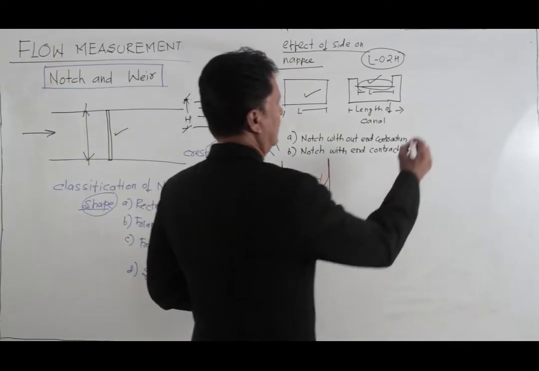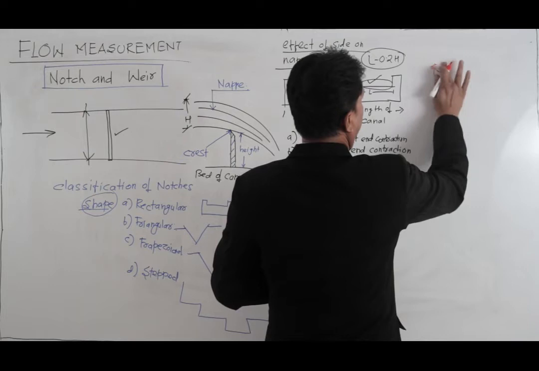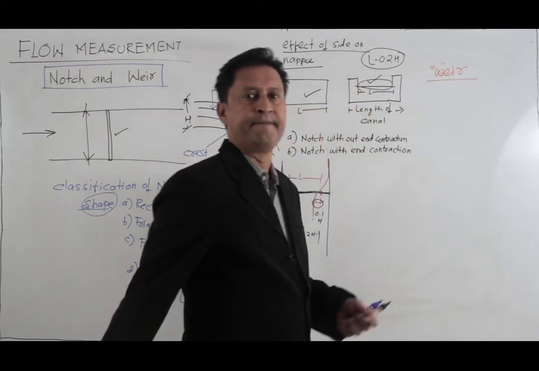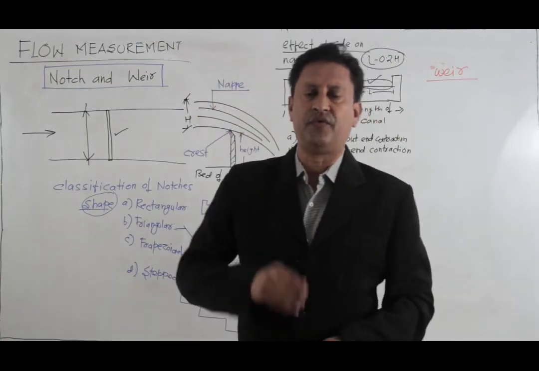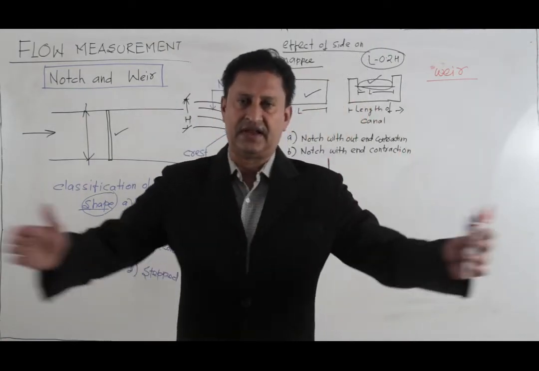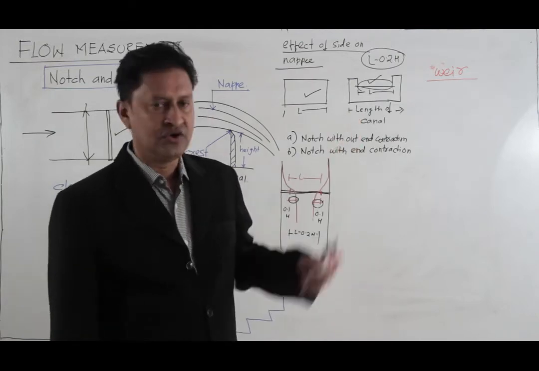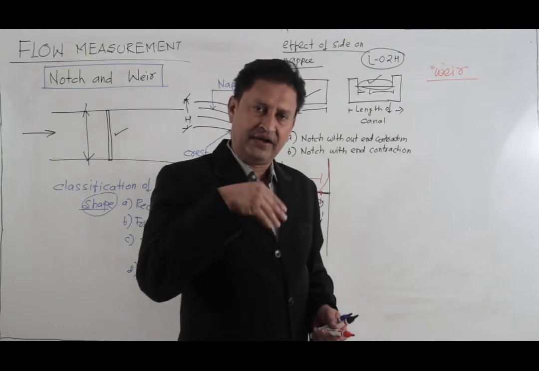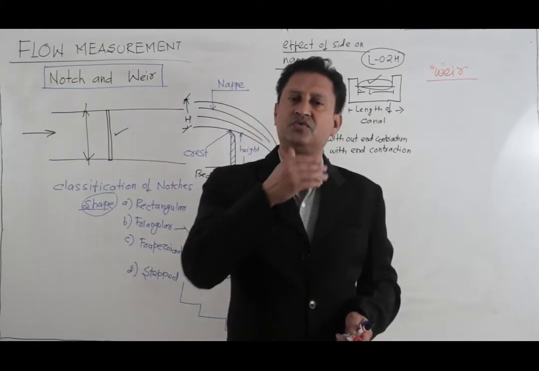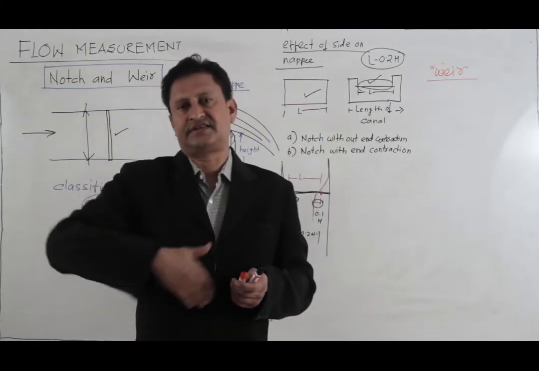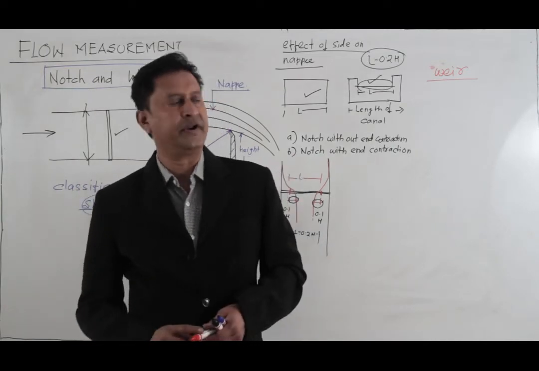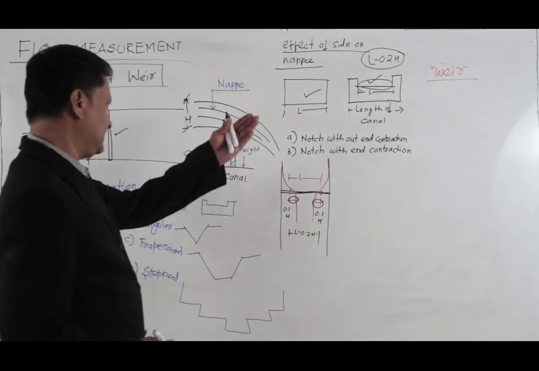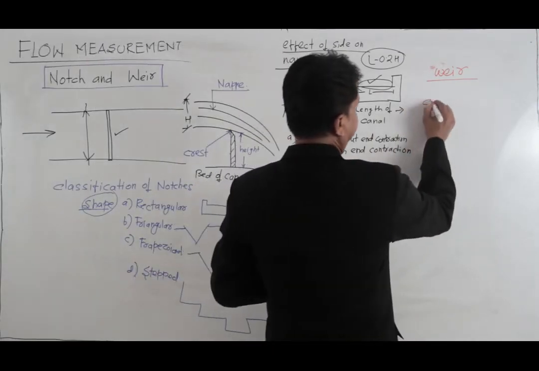Then we'll come back to the next flow measuring device, that is weir. It is also used to measure the rate of flow, but now weir is of larger size, so hence it is used to measure the higher discharges. For example, if you want to find out the rate of flow or discharge through a river, then a wall made of masonry or concrete is constructed, and that is called the weir. Now as far as the classification of weir is considered,